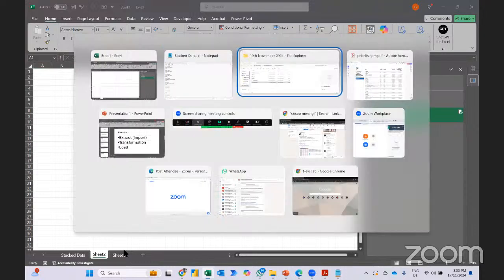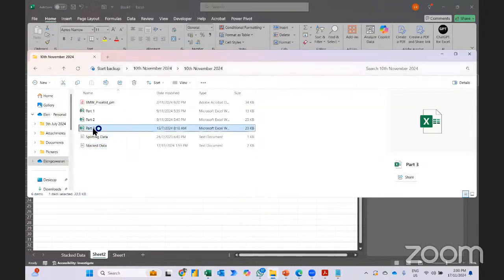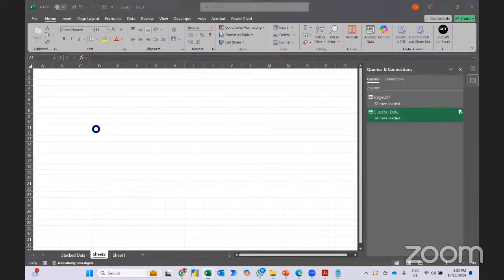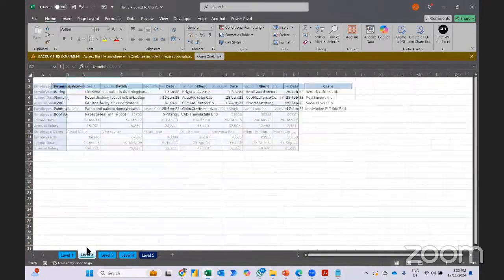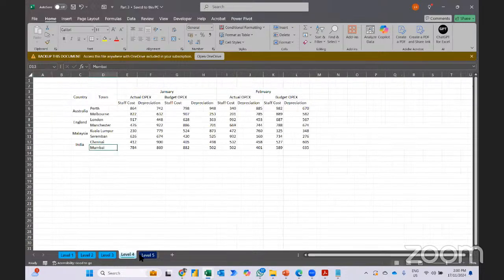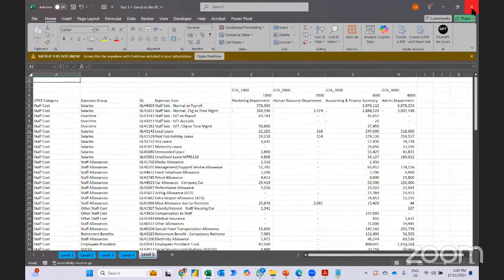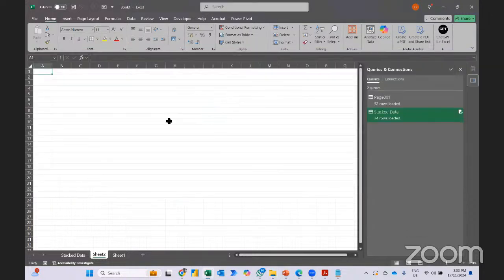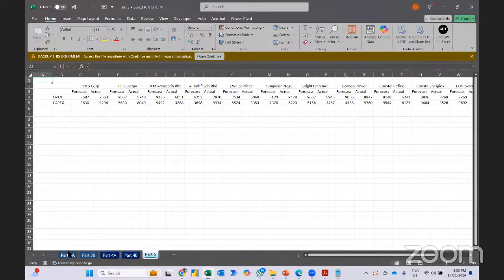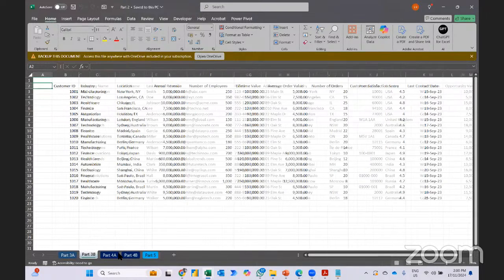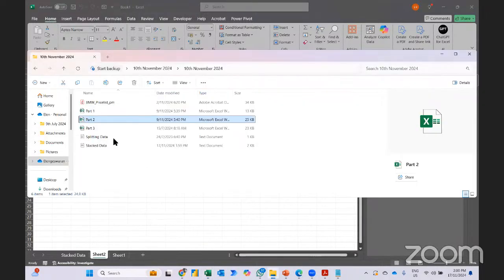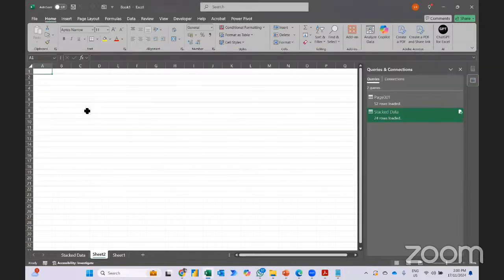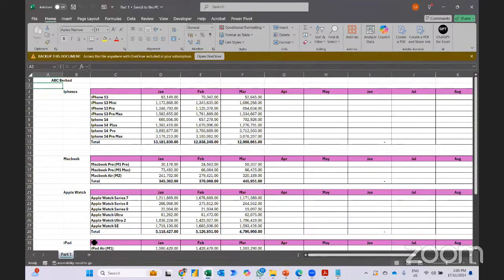Like for example, over here, if I open part 3, of course here we have all our messy data, something like this and so on. Or maybe let me open another file so that it can be relevant to your work. This one is also not so relevant. Maybe let me go to another part. Okay, maybe part 1. All right, so part 1 is relevant to your work because what if your manager wants to do